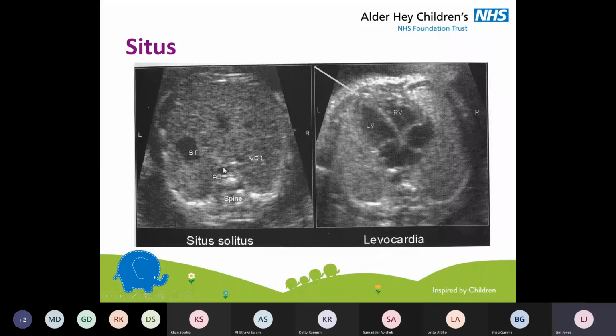Again, let's go up. Okay, so the whole fetus, all right. Assuming now the head of the fetus is towards you, you're sitting in front of the screen, and the legs and the dangly bits into the screen. The spine is at the bottom, so therefore the stomach is on the left. The aorta is on the left. That's the spine. That's the huge liver there. All right. And now, as you pan a bit more towards the face or the head of the fetus itself,